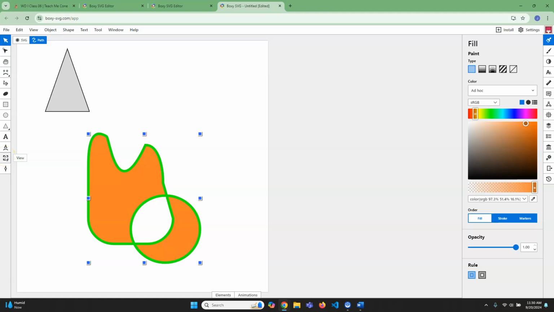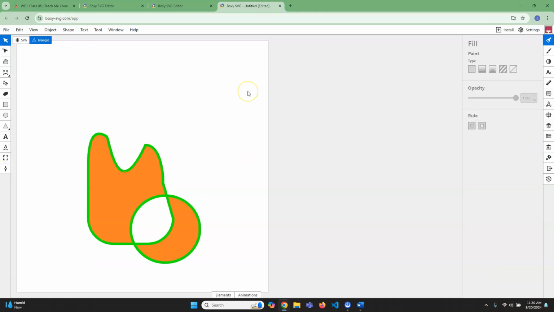I actually really like this piece of software. I'm going to purchase a subscription myself. Right now I'm just using the trial, because I'm always trying to find free or close to free options. So, yeah. Once you make something that you want, so let's say we just get rid of this,